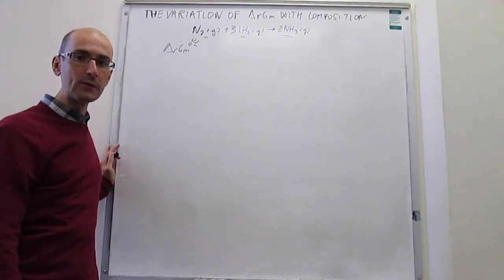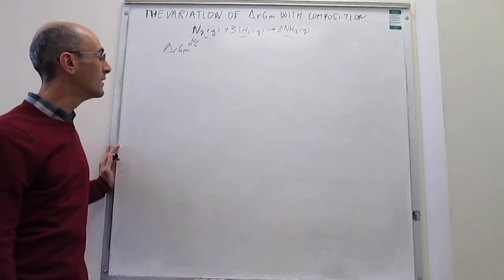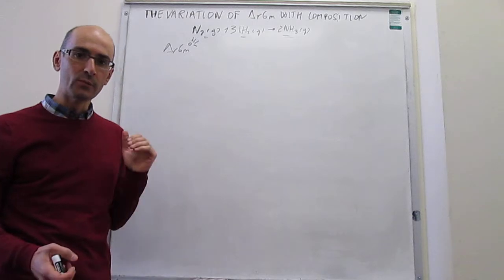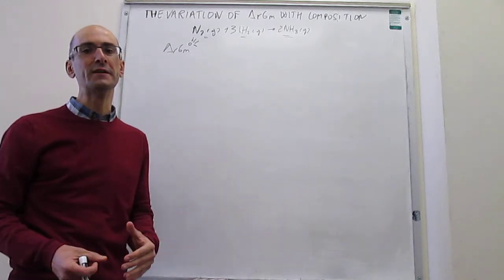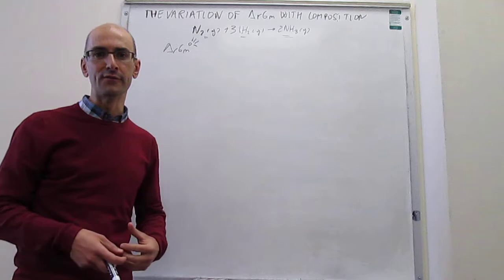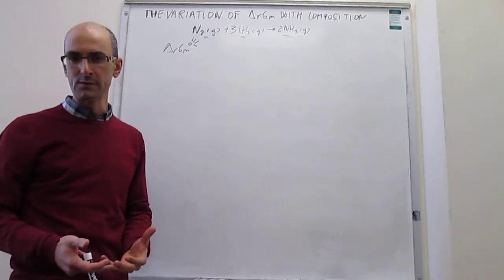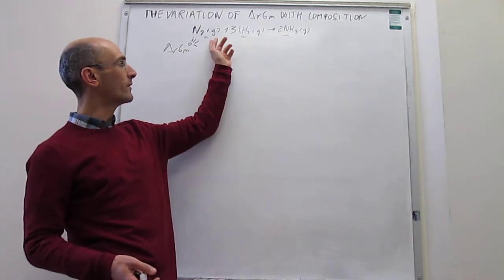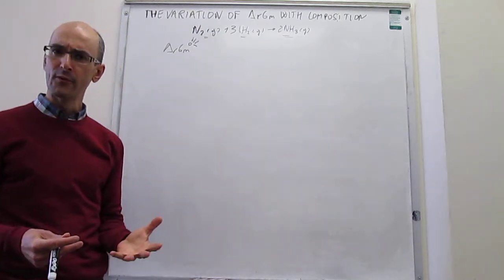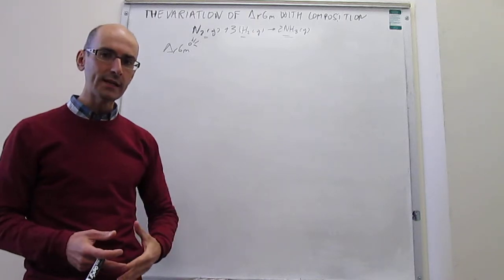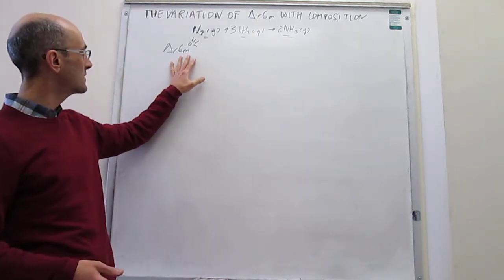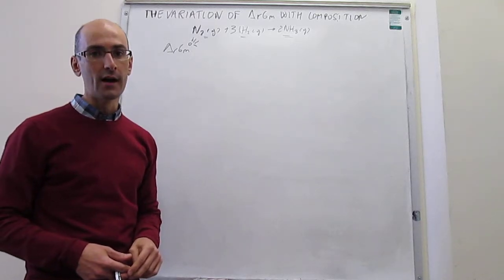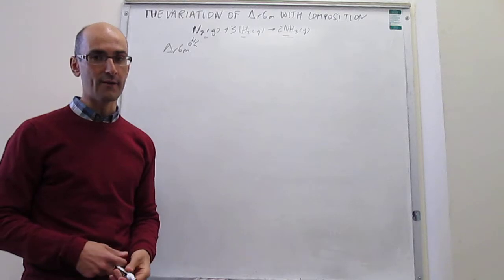So what we do in this video is try to come up with a way to predict spontaneity in a reaction at any conditions that you want. Suppose that you have no products, no ammonia, and 7 atmospheres of both reagents. Would the reaction be spontaneous under those conditions? Or suppose that you have 7 atmospheres of ammonia and then 1 and 1. Would the reaction be spontaneous then? We need a better predictor than this, because this only provides the prediction for spontaneity if we are at standard conditions. Everybody needs to have 1 bar pressure